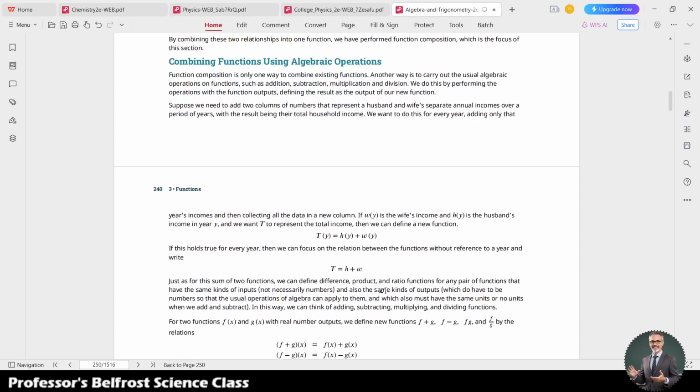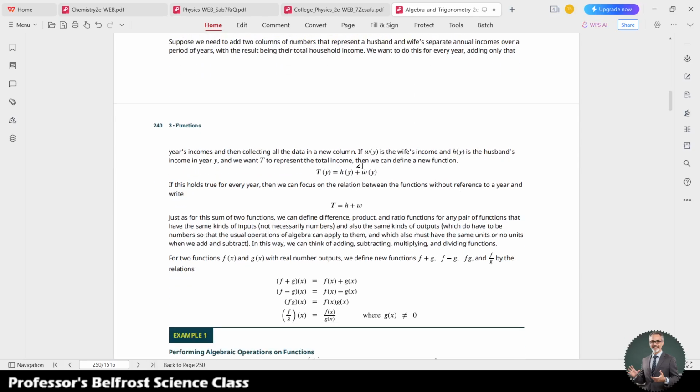Okay, so let's combine functions using algebraic operations. Function composition is only one way to combine existing functions, and there is another way to carry out the usual algebraic operations on functions, such as addition, subtraction, multiplication, and division. For example, we see here this is